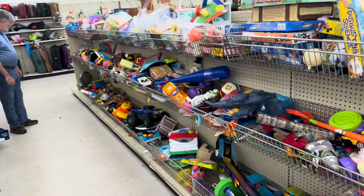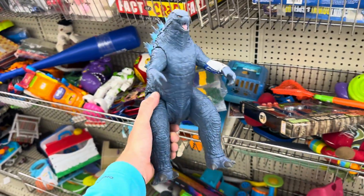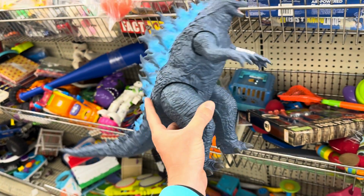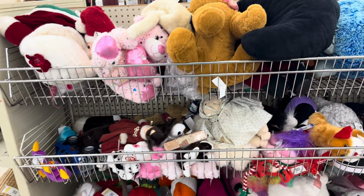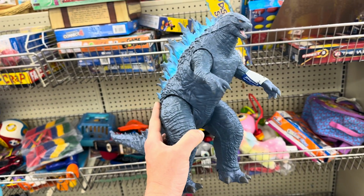So here we are inside of Goodwill, and instantly I found a big old Godzilla figure from Godzilla vs. Kong, which is really, really cool, and it's in pretty good condition. And it's only $2.09, so that is really awesome. I'm definitely gonna pick this up. Other than that, I looked around everywhere and didn't find anything interesting, just a lot of old junk toys and stuff that has no value to me, but we at least found something, so I guess the thrifting gods are on our side today. Now we are back in the Jurassic room,